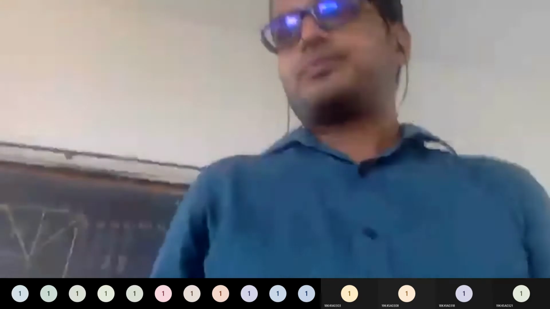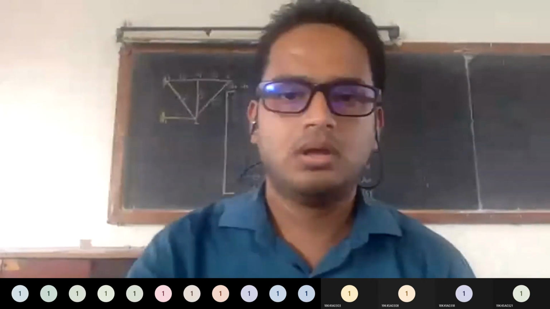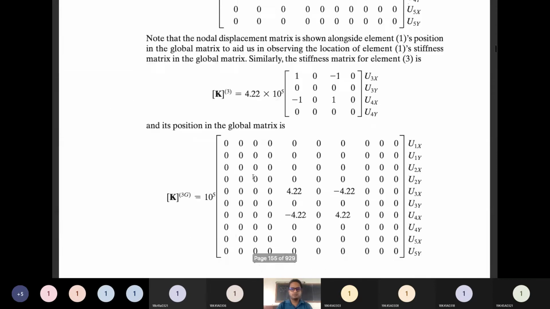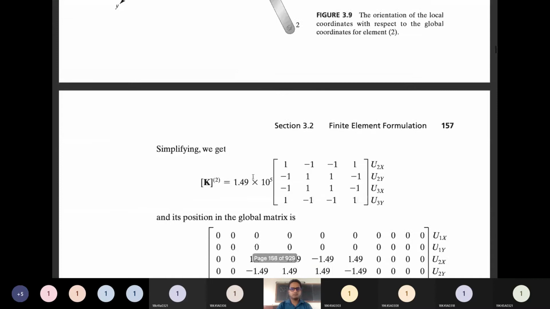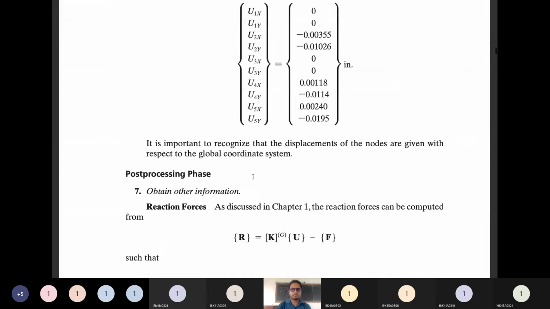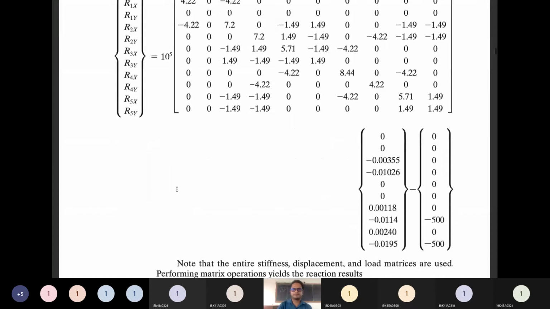So in the examination, questions will be asked like, write or derive the global stiffness matrix for your truss element, like that. Now, coming back to the problem, I hope it is clear to all of you how to solve or write the global stiffness matrix over here. Now, this is the final global matrix that you will receive by substituting all those values. Here 10 raised to 5 you can keep common outside.